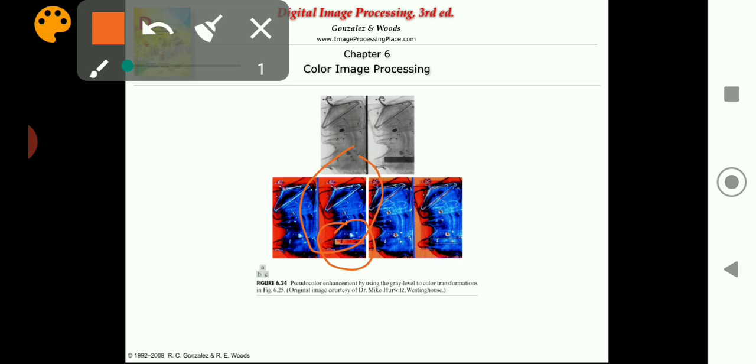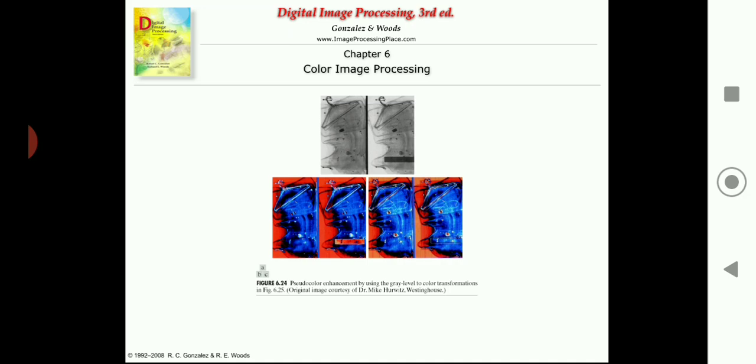They have different intensities. That's why it is very much clear that I am drawing with the orange, but still you can see it. The background is orange, but still you can see it. The explosive also is in orange, but you can clearly see it. Okay, so this is very much important.